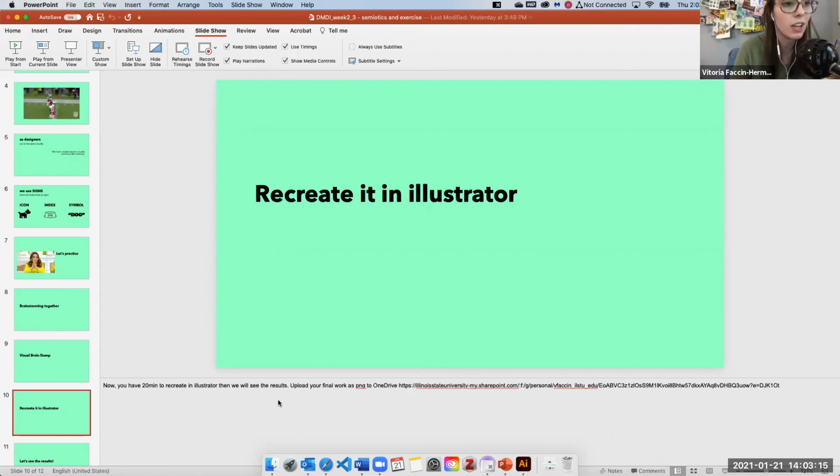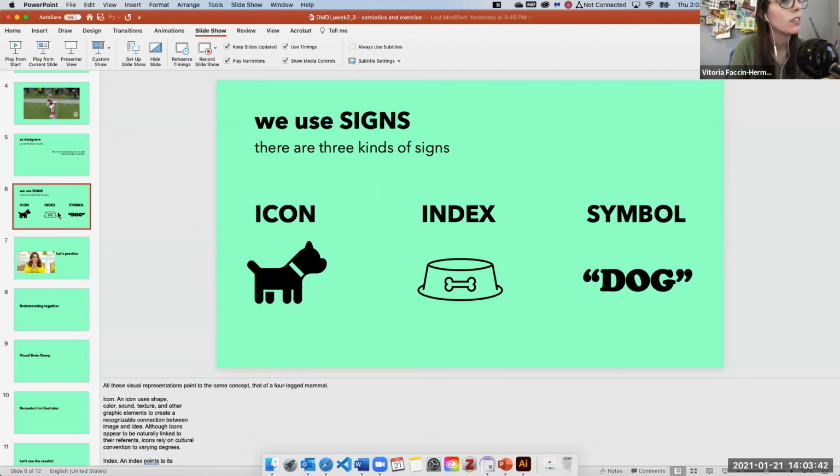You can turn off your cameras and go into Illustrator. You can play music, and I'm going to be here. If you run into any issues with Illustrator, you can come and talk to me and we can troubleshoot. I'm going to put down 20 minutes on the clock, 25, and then I'll check with you in a little bit. So pick two, one that's an icon, one that's an index of the things that you drew,